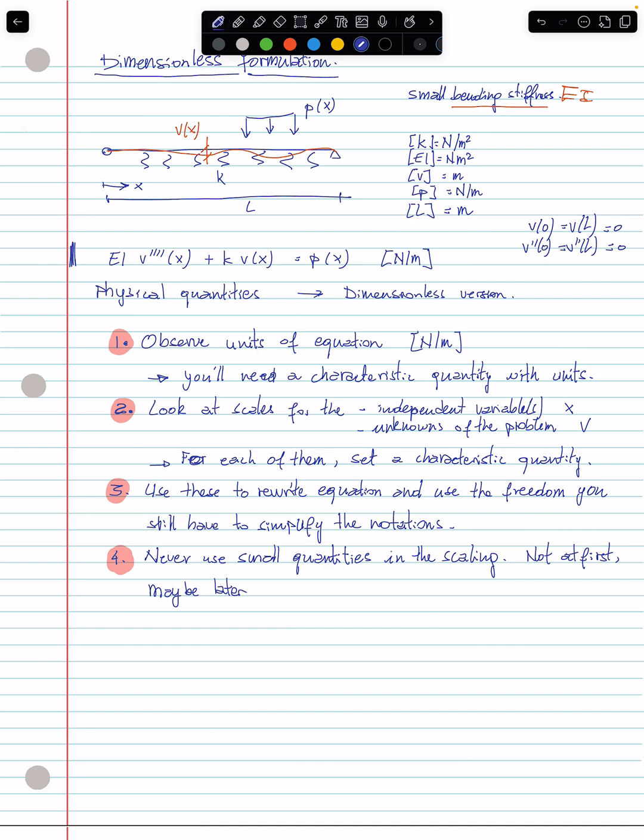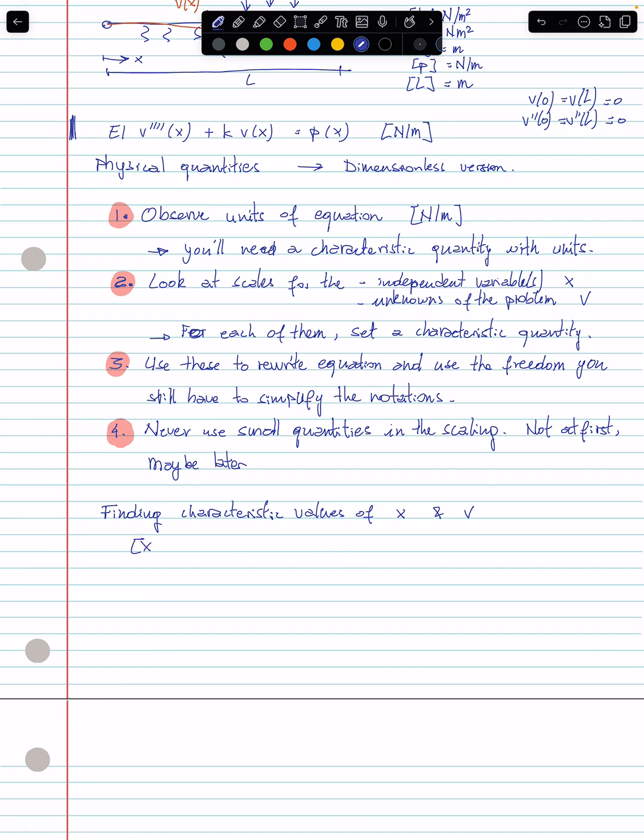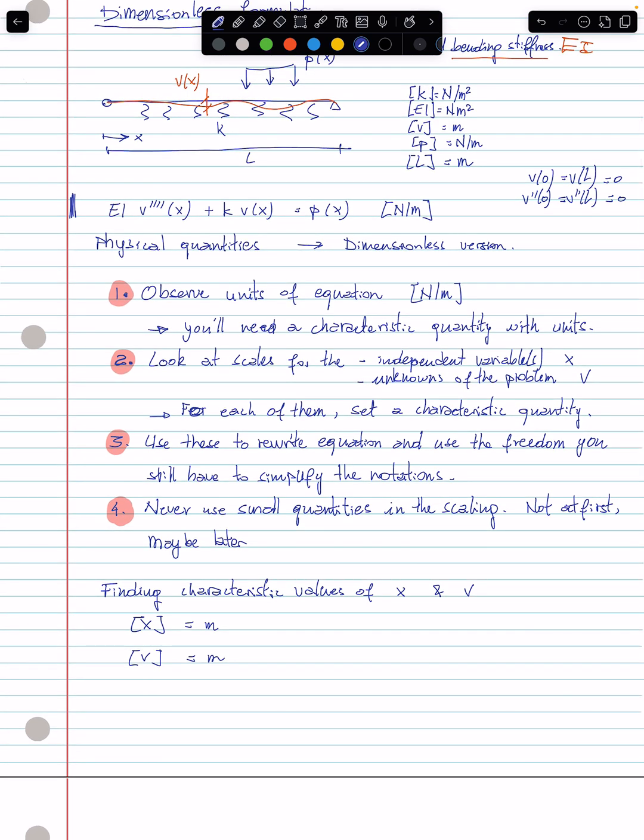what we shall start with is number 2. All right, find characteristic quantities for the independent variable x and for the unknown of the problem. All right, so start with finding characteristic values, and this is always where we start with. All right, find characteristic values for x and v. All right, so first look at the units, right? So the units of x are meters, and the units of transverse displacement are also meters. All right, so based on what we have in the